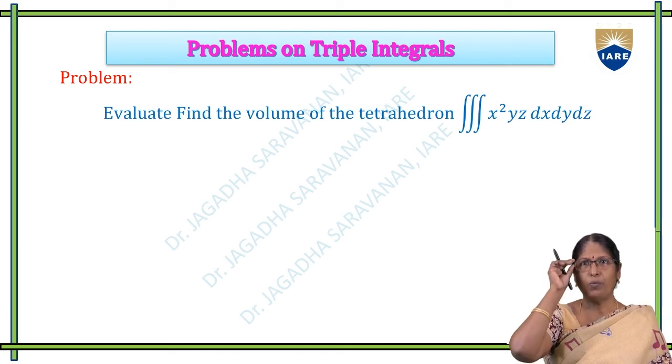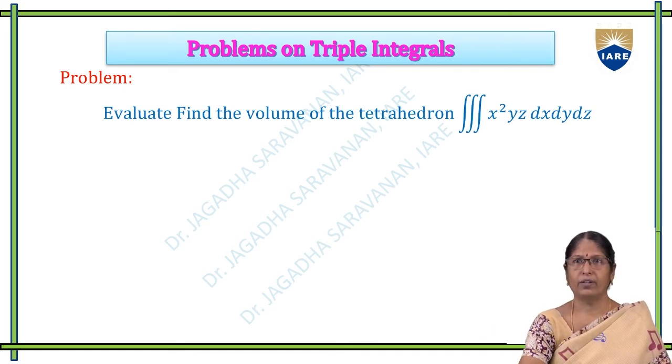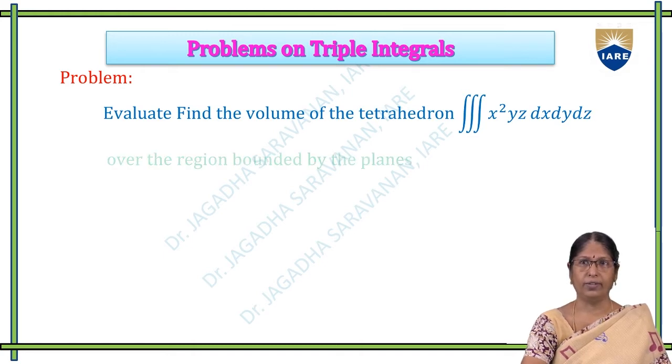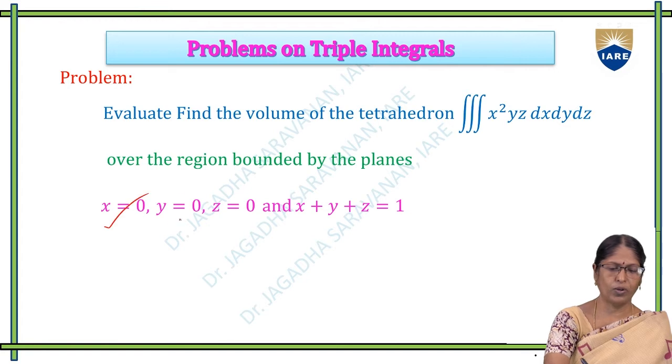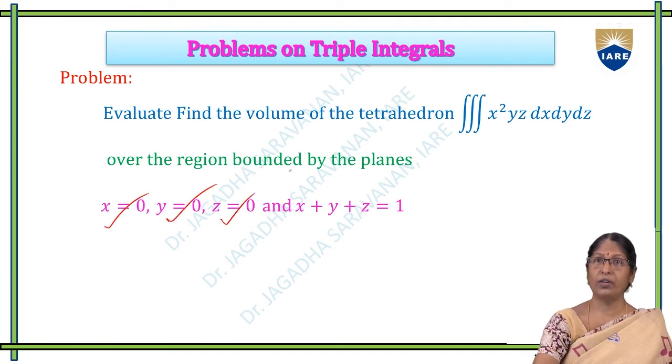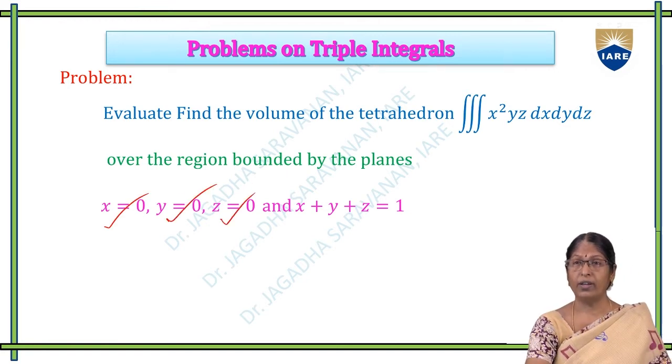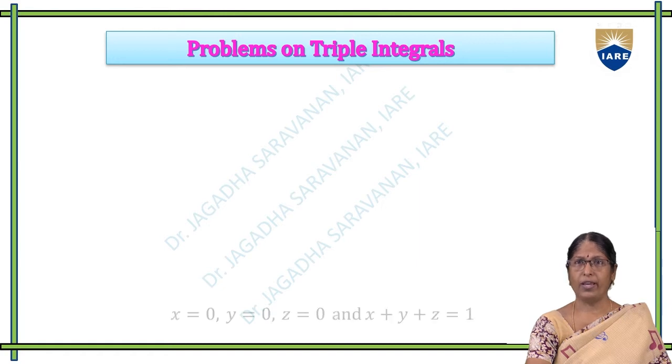So the next problem is: find the volume of the tetrahedron, that is triple integral x square yz dx dy dz over the region bounded by the planes, that is x equal to 0, y equal to 0, z equal to 0, and x plus y plus z equal to 1. The solution is,